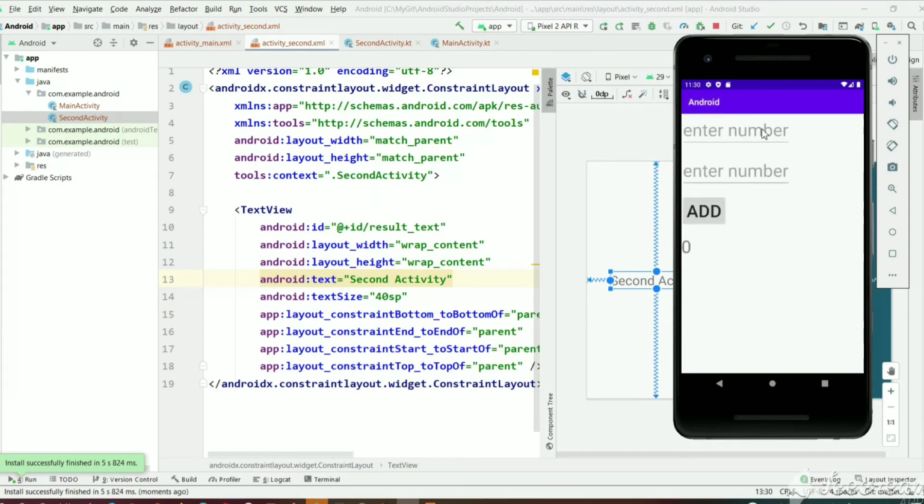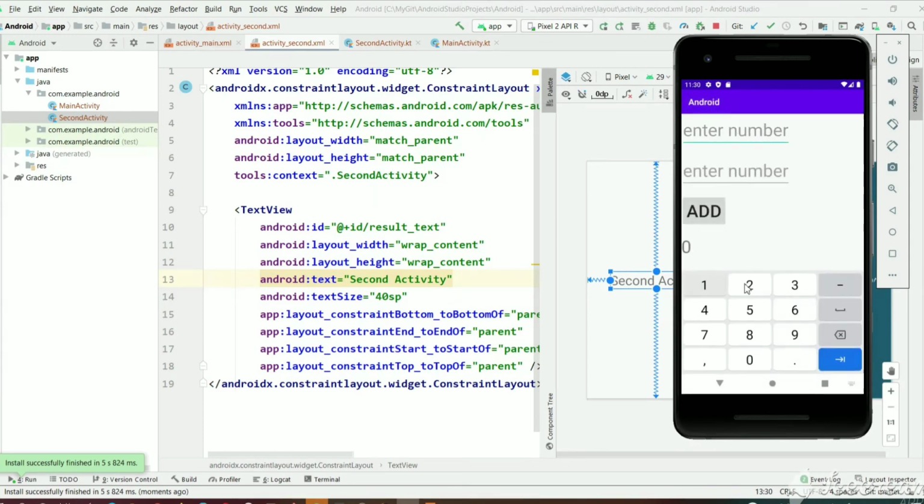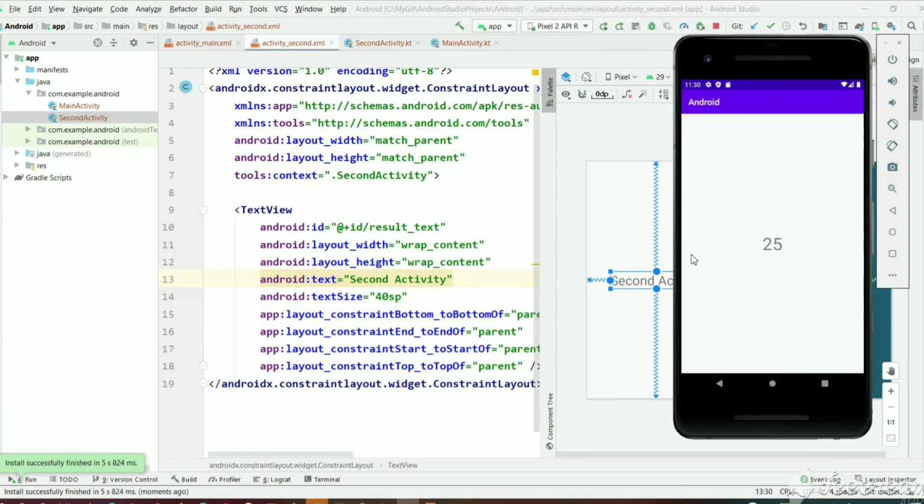So the app got installed. Let's enter any numbers, 12 and 13, and let's click on add. We'll see a new activity screen with the result. So the result is 25.